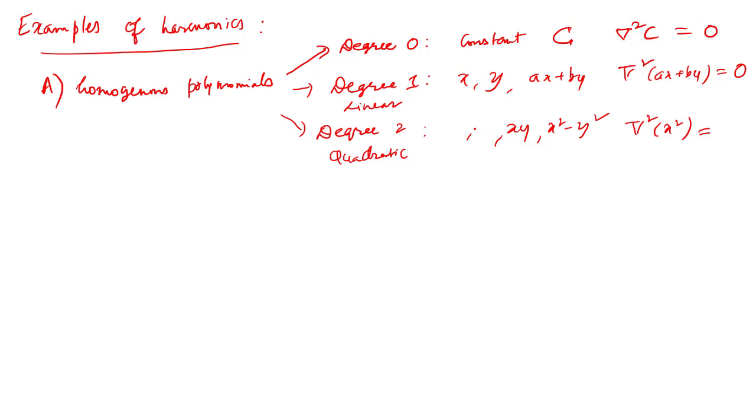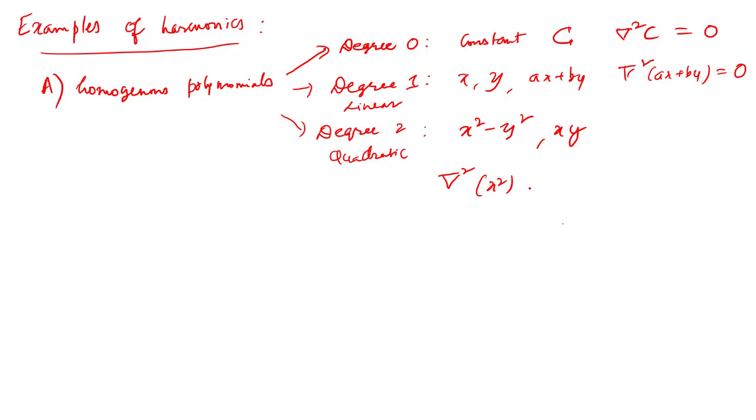Here x squared and y squared themselves are not the solutions. x squared minus y squared or xy, these would be the solutions, because if you were to do del square